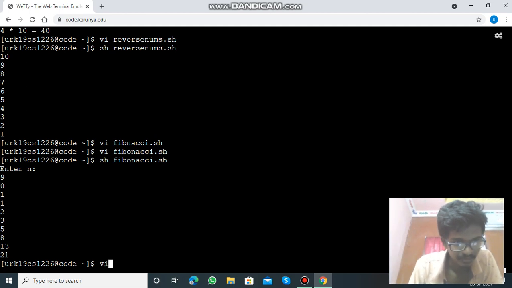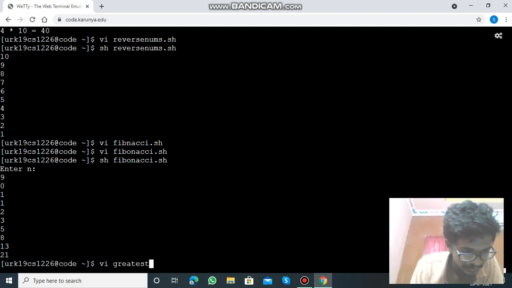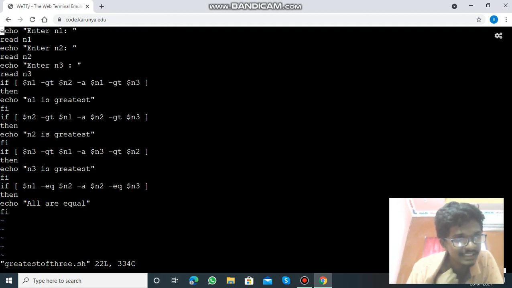And we write a shell script for the greatest of 3 numbers. We use vi greatest of 3.sh, and the code: n equals 1, read the n values, and up to 3 it will read those values. If n1 is greater than n2 and greater than n3, then n1 is greatest, it will print that. If n2 is greater than n1 and n3, then n2 is greatest, and if n3 is greater than n1 and n2, it prints n3 is greatest.